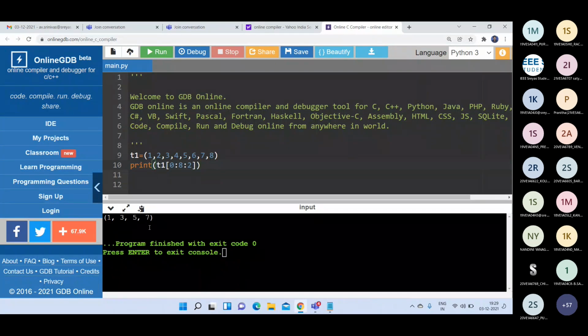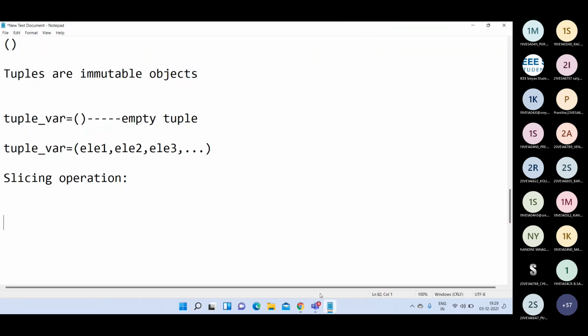Okay. So we'll get the output as 1, 3, 5, 7. Like that you can perform the slicing operation by using positive index values or negative index values. Okay. Whatever we did in the lists, the same we can do in the tuples also.